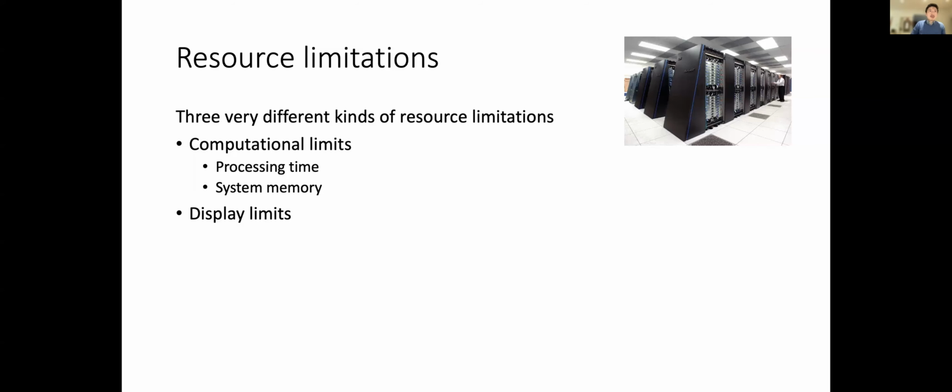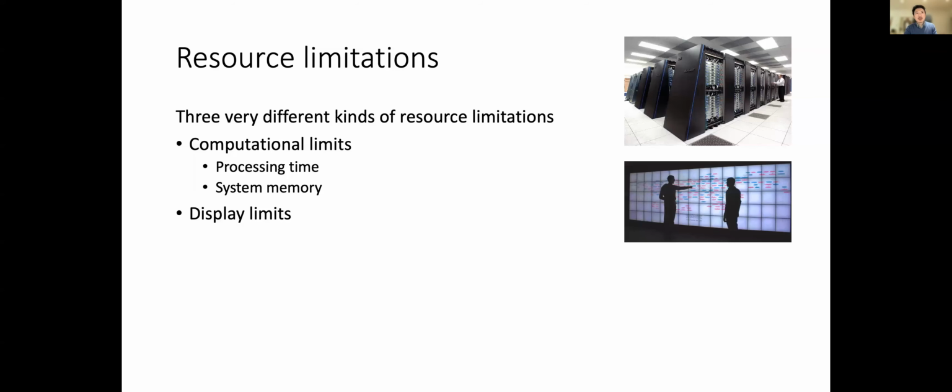Okay, and then the second limit comes with display. That limits how many different items you can show at the same time. So usually this is directly correlated to the number of pixels you have. And in most cases, the more pixels you have,